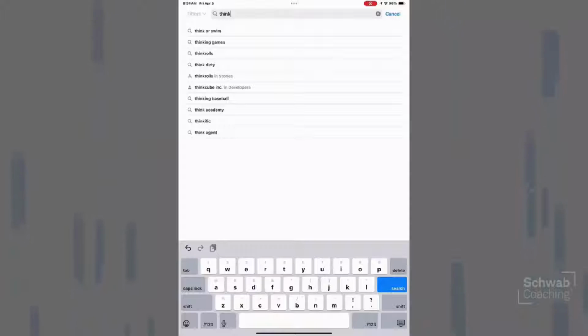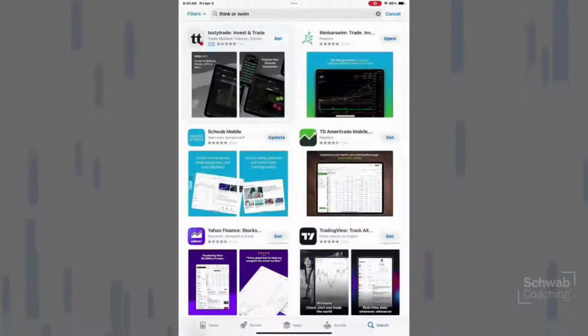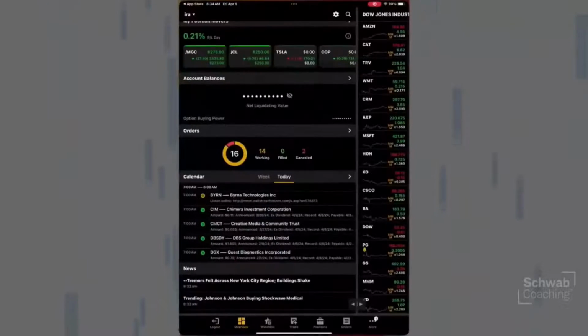So once I go to actually just type in Thinkorswim, I'm just searching for the Thinkorswim app. We'll click on that, and you're going to see that it's going to be the second one to the right, and it will say Thinkorswim. Now, if you have not downloaded it yet, it will say download. We have downloaded it already, and it says at the very top right, open, okay? And what I'm now going to do is I'm just going to click on open.